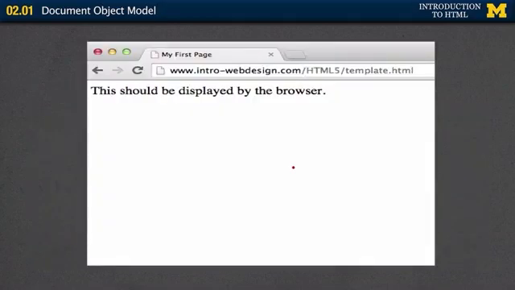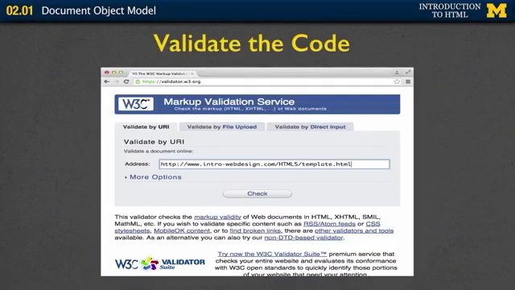What do I have? I have my title way up here and my displayable content right down there. Okay, I've written the code. The next step you should always do is validate the code. Say, okay, I've written code, it looks good, but I know that browsers are very nice and they make things display nicely even when I haven't written good code. So if you go to